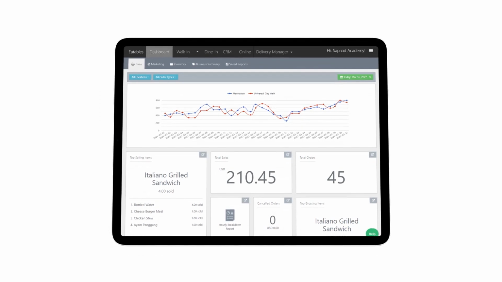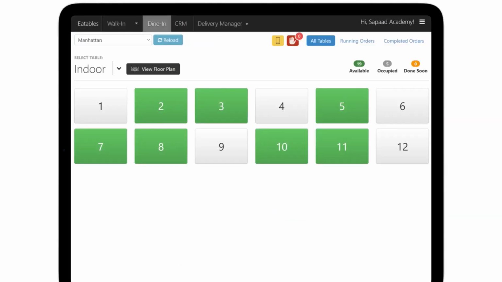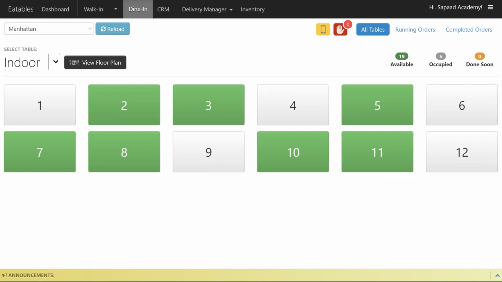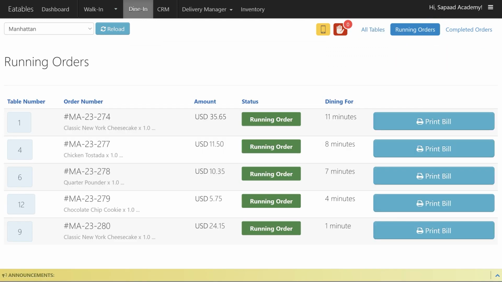Let's start. From the Dine-In section, click the customer's table to print the bill. Once the bill has been printed, you can click the Pay Now button. You can also process this from the Running Orders tab. Find the table number, print the bill,